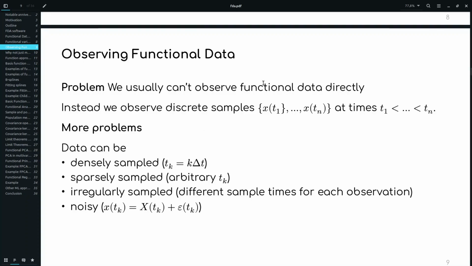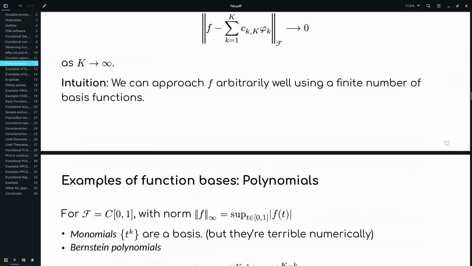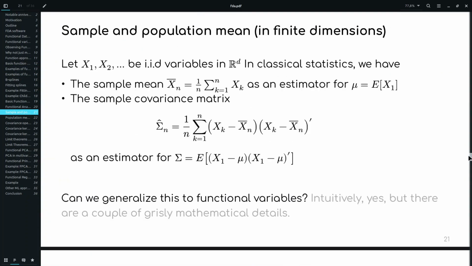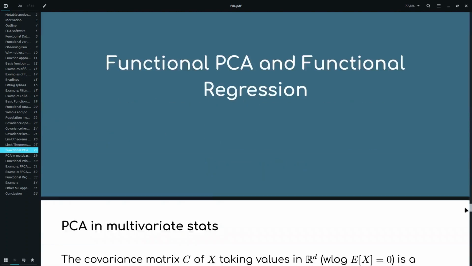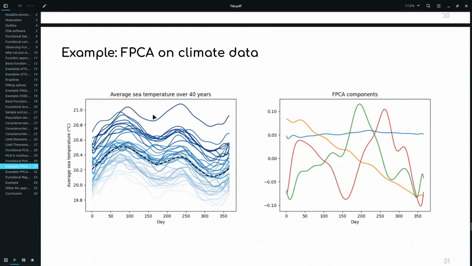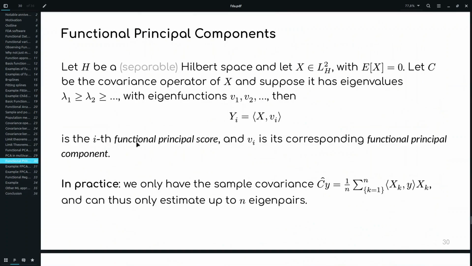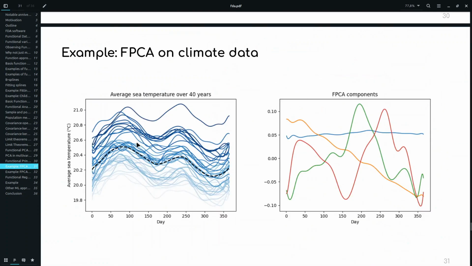So I'll move on to your question, Hawk. I would say the nicest thing in FDA is FPCA. I could do PCA on the raw data. It would work, but it would be more expensive because it's much more highly dimensional, and I would not have the nice interpretation.